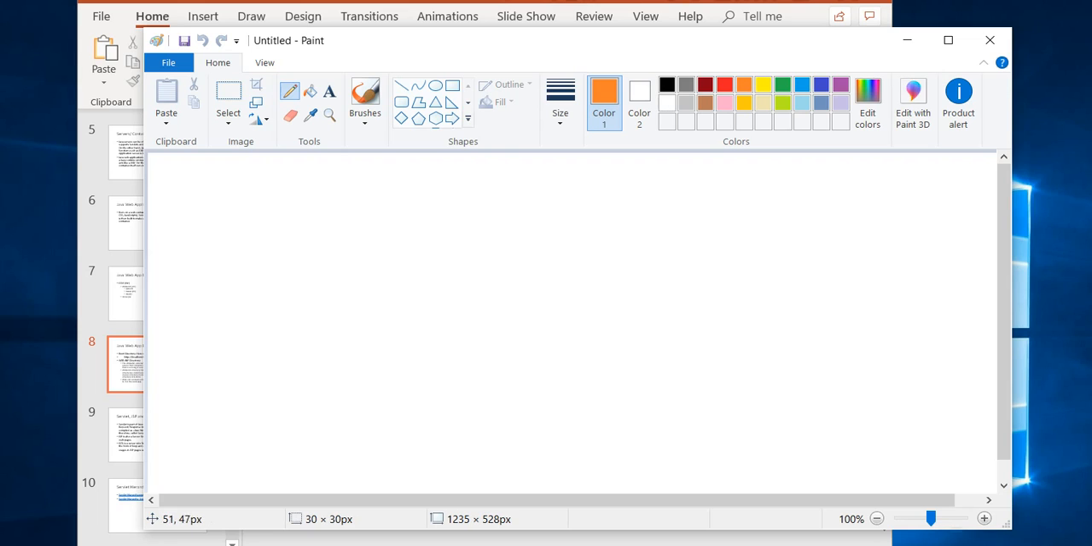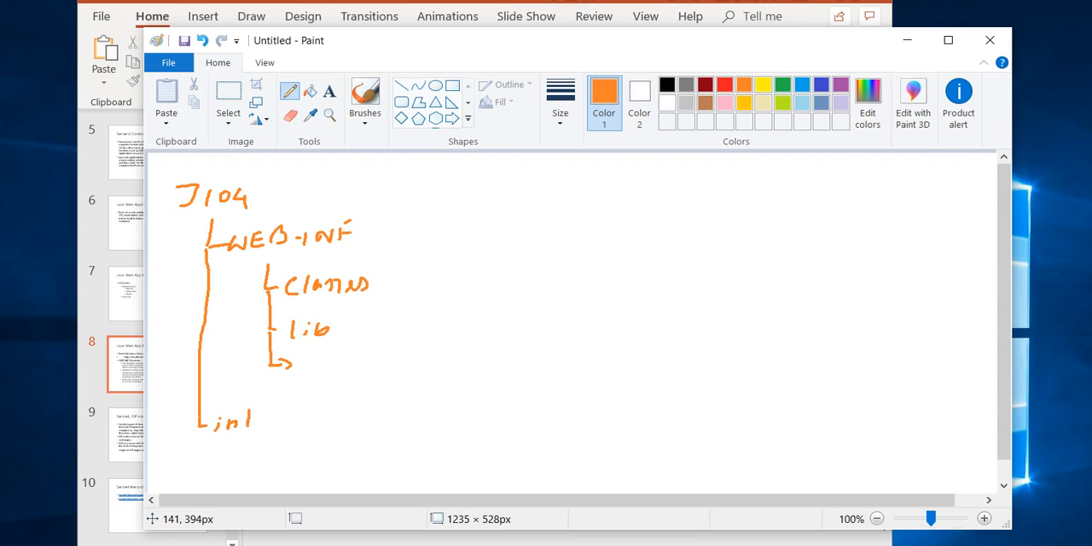So here we have J104 and under that we have the web-inf directory, and under that we have classes, and a lib directory, and we can have some other stuff. And then in parallel we have index.jsp. Okay, so now one thing we need to remember, since J104 is the root directory,